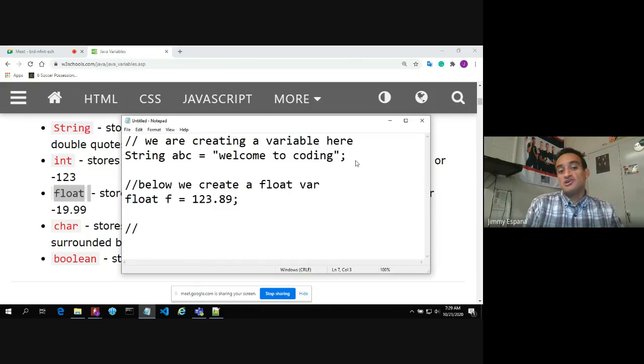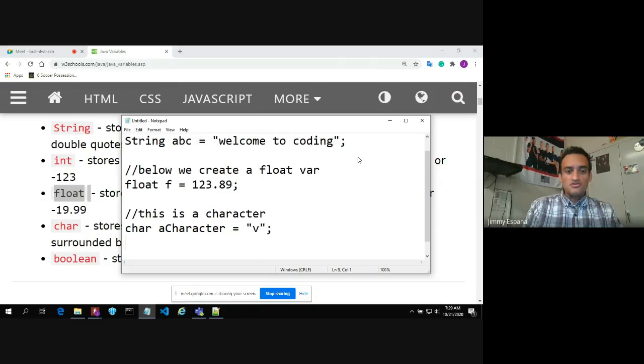We can also create a character, a char. A char would be, so this is a character. All right. And we have to indicate first in Java the type of data type it is, the type of container it is, the variable that it is. We're going to call it a character. And then we're going to set that equal to whatever you want. We could actually do like lowercase b, right? And we can close that off. So that's an example of how you could create different variables of varying kinds: float, a char, a string,